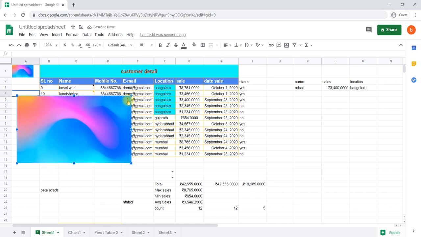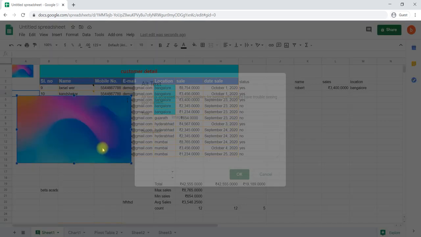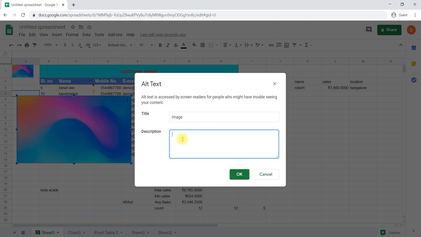And by using these three dots you can replace or delete or reset the size, or you can make it in a cell, a selected cell, which means within that particular cell itself it will be replaced, like this only. And you can give alternative text for the image. You can write some description about that, and a title for the image also you can give.